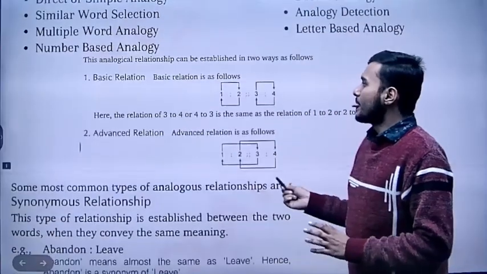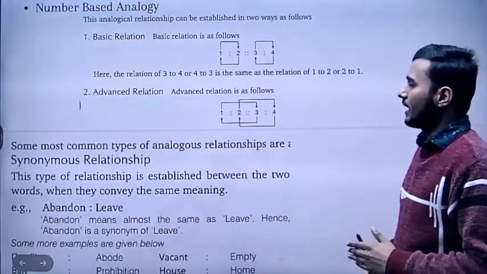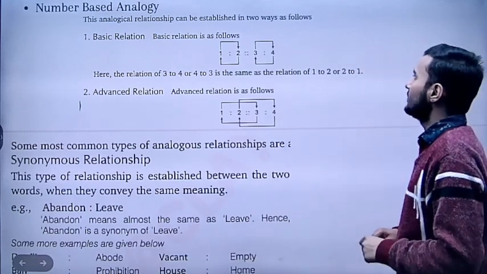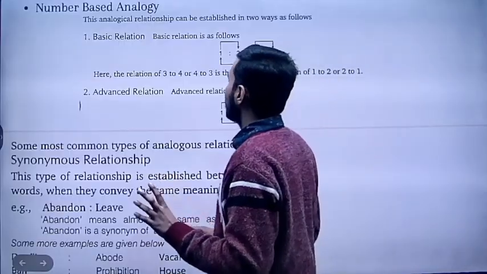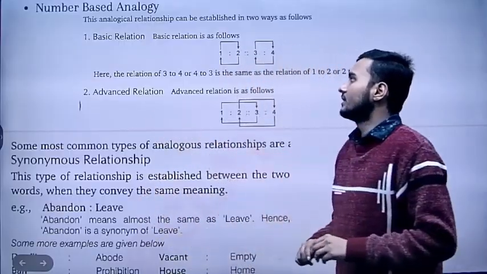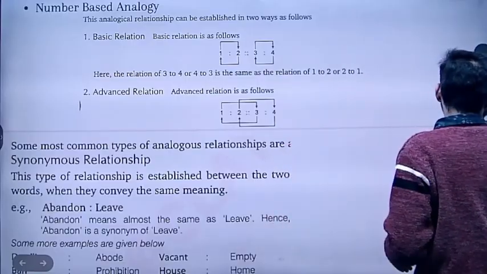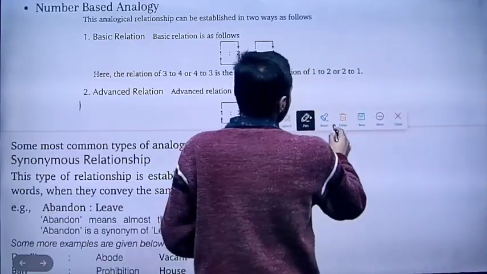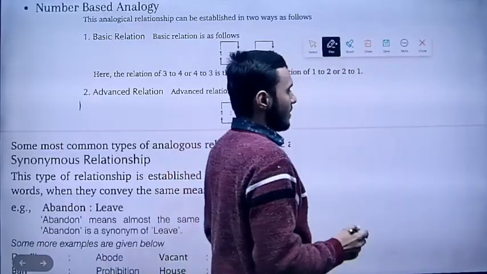Basically, for getting the answer to any analogy question, the analogical relationship can be established in two ways always. The first one is basic relation, and the second one is advanced relation. In basic relation, if we take our last example that we talked about, what the example was: